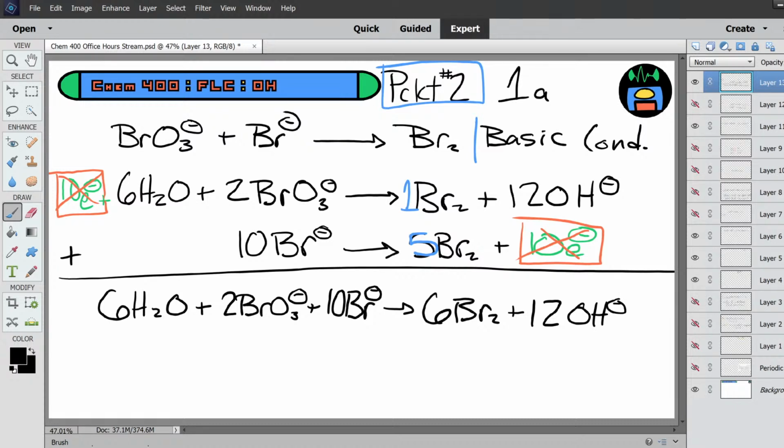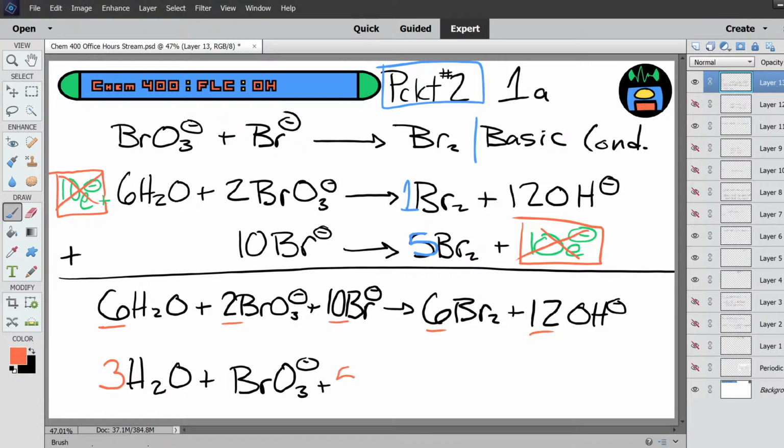Now, we're almost done, but we're not quite. A balanced chemical equation has the simplest whole number ratio of stoichiometric coefficients, and you'll notice here that if you look at all the stoichiometric coefficients, there is a common factor of 2. So once you factor that out, you'll get the balanced chemical equation: 3 molecules of water plus 1 bromate ion